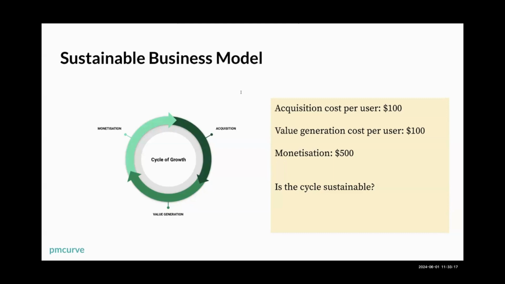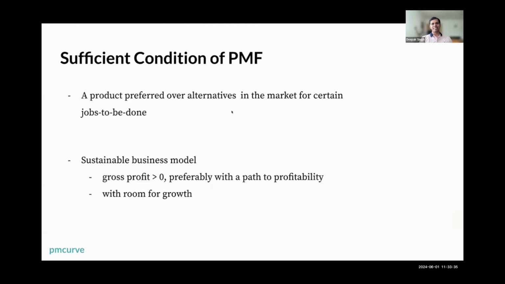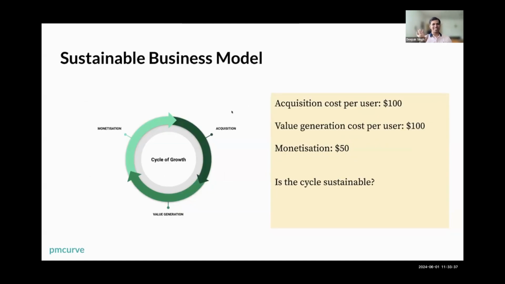That's to answer that. And I think Prabhat has made the same point, which is scale and grow. If it does not grow, is it sustainable, right? And profits just give you that runway to grow the business. What else? Suppose I have this business model, which is the case for most startups, right? I'm spending $200, I'm making $50, and I'm still growing. How is that happening? How is that cycle happening?